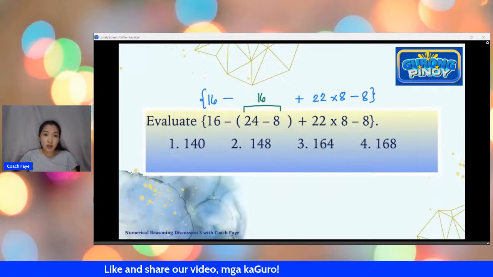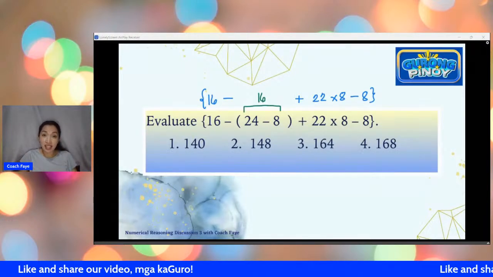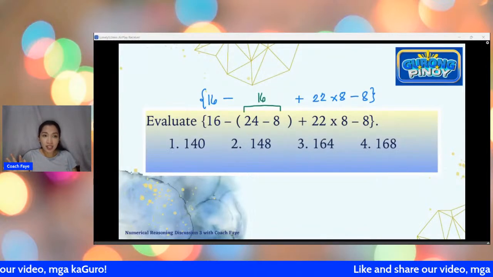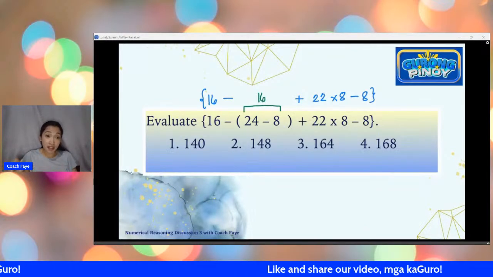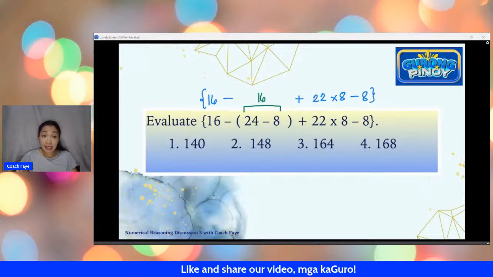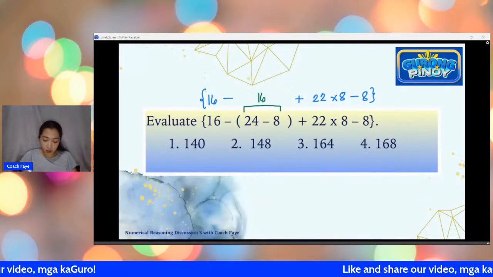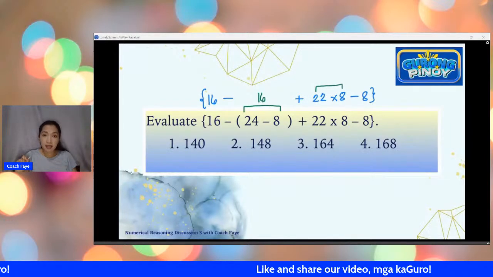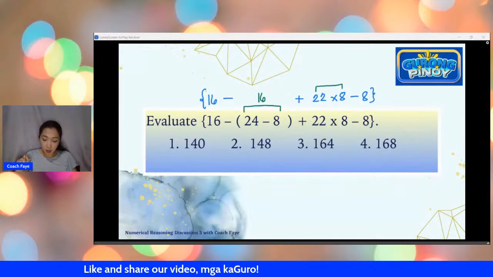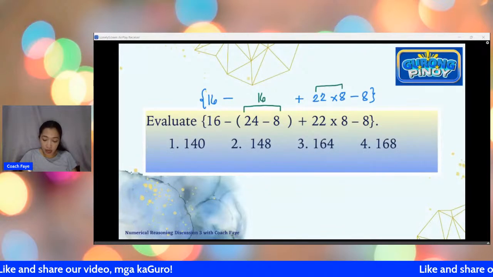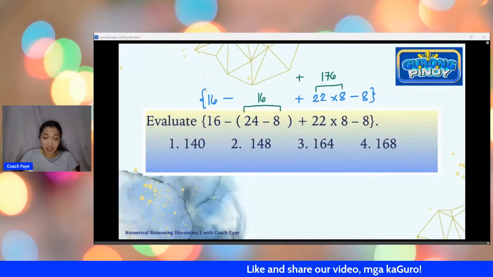Now, ano na yung next? So meron tayong different signs here. Wala na pong parentheses na i-consider kasi they are all under the same parenthesis or same grouping symbol. Next is order of operations. So we have to start with the multiplication because it's one layer above addition subtraction. So we multiply this. Si 22 is positive, si 8 is positive. So you just multiply and you get 176 and expect that your sign is still positive.